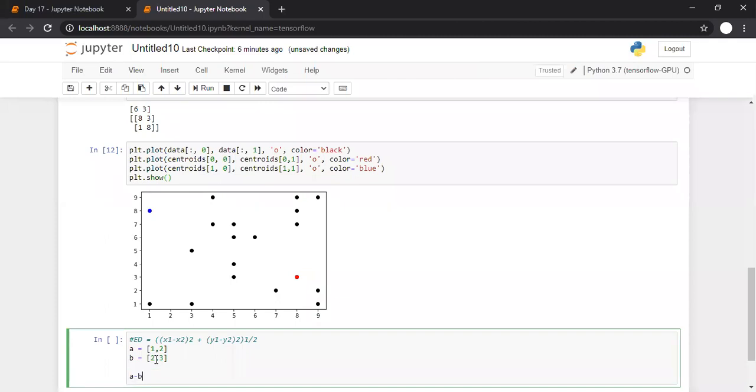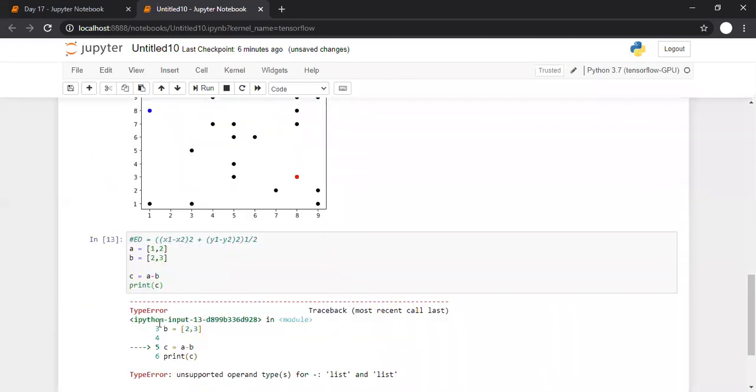A minus B. A minus B means corresponding values are subtracted from each other. Let us print C. Sorry, it should be np dot array, and this should also be np dot array.